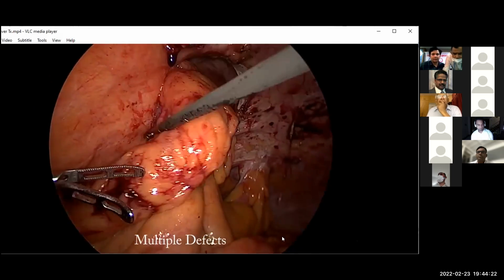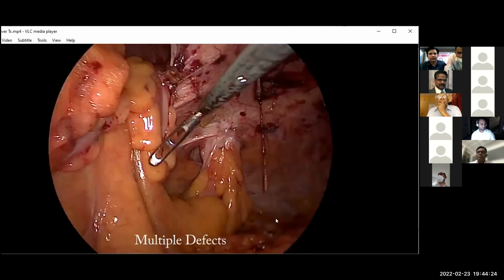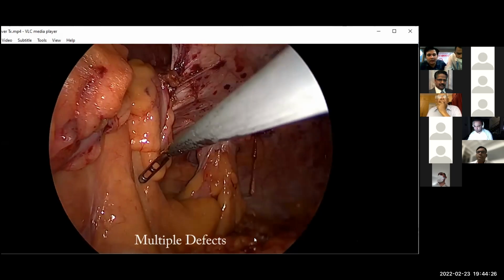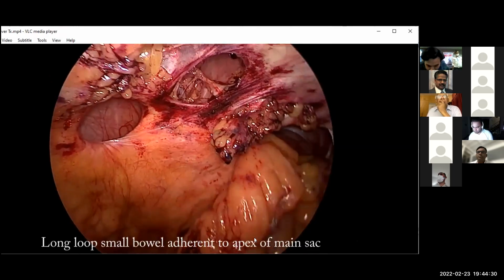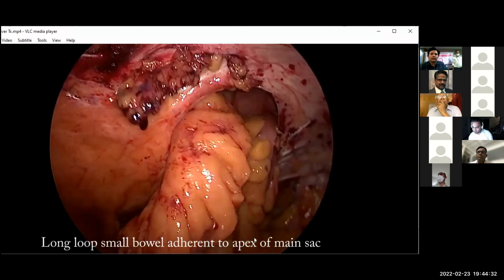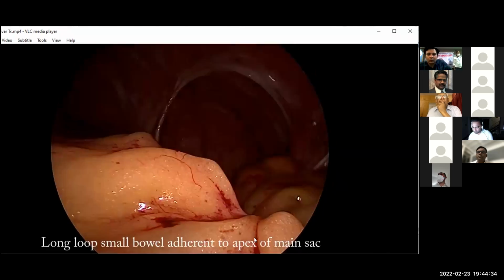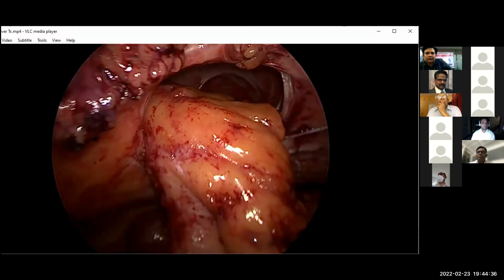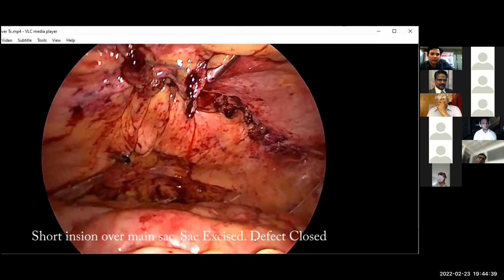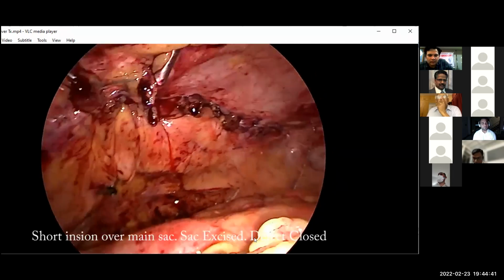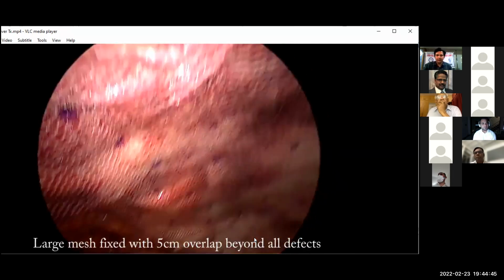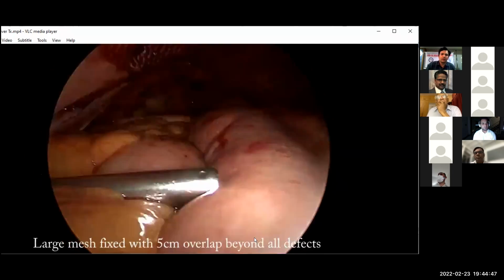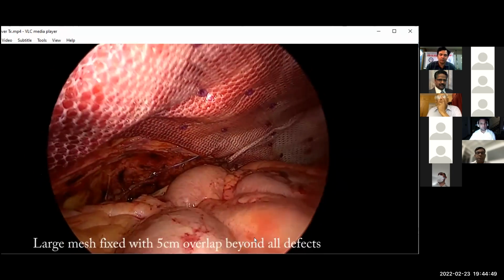Yes, this is a video where a defect of size 6 into 8 centimeter incisional hernia was manipulated for adhesiolysis, sir, and the rest of the bowel was stuck in the defect. So we couldn't do further dissection. So we took a small incision over the defect, sir. We did the rest of the adhesiolysis and the contents were reduced. The defect was closed and mesh was placed intraperitoneal, sir, through a laparoscopic approach.